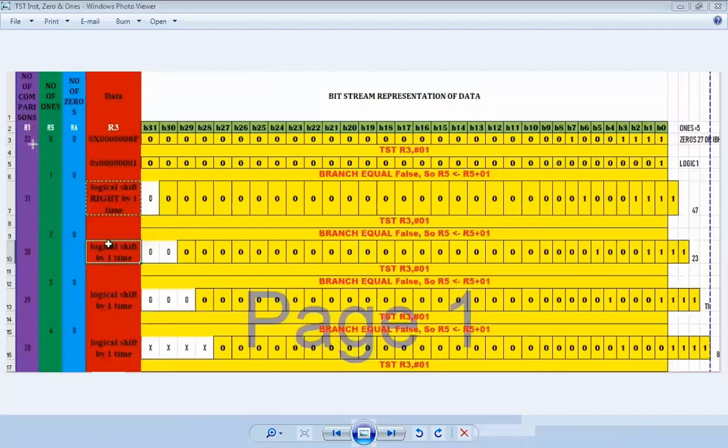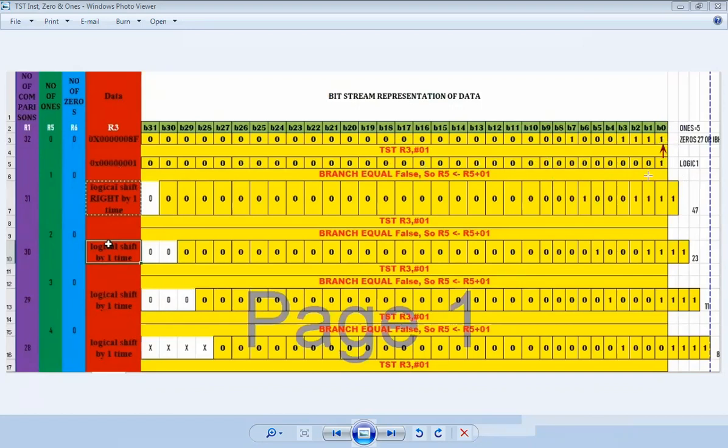So you can see here R1 is 32, R5 is 0, that is number of ones, and R6 is 0, and R3 I'm giving the value as 8F. Then here TST is given 0 1. So this is how it's going to be. All these bits will be 0, and only the LSB will go high when I say TST. So this will go high, and logical 1 will happen. Now this ANDing operation happens. So 1 into 1, it is actually 1.